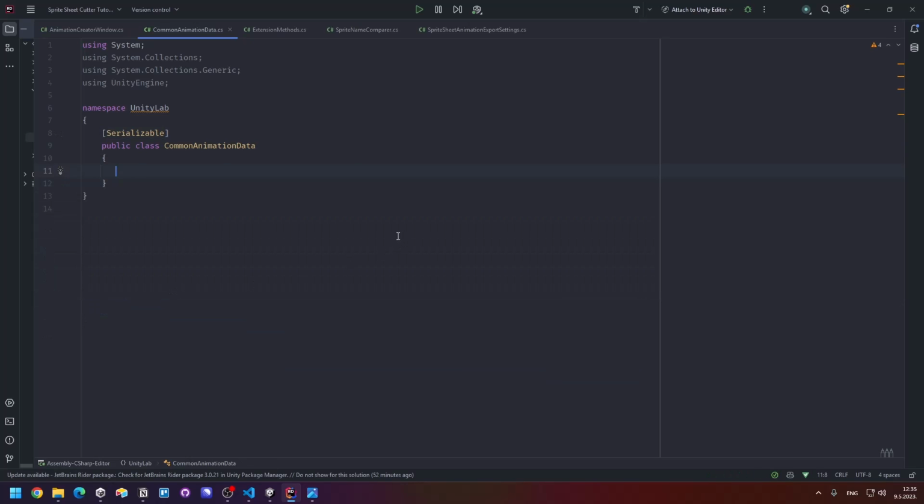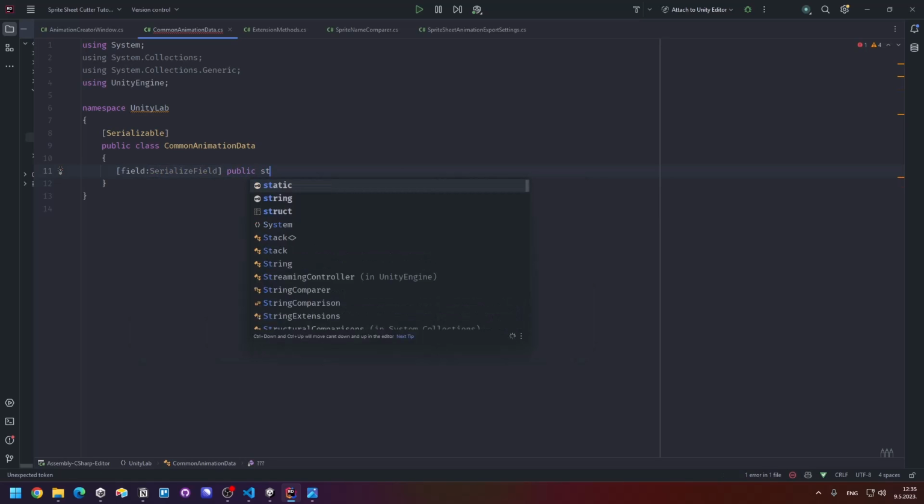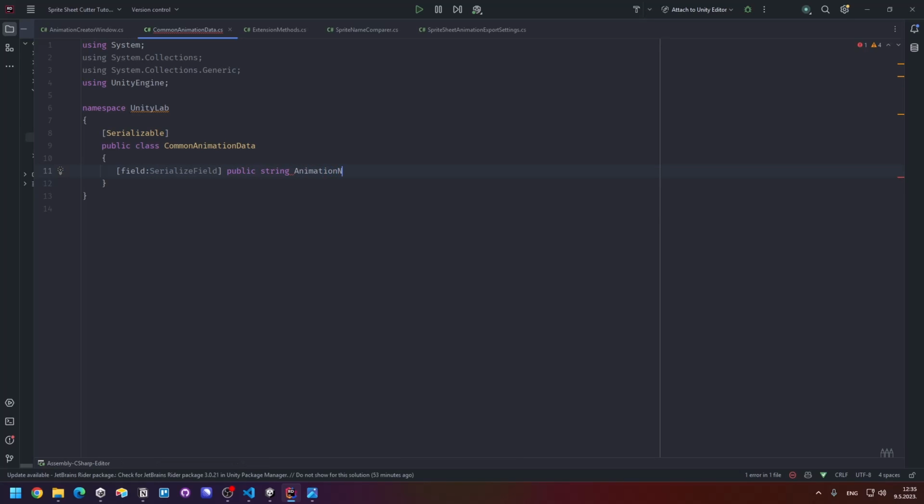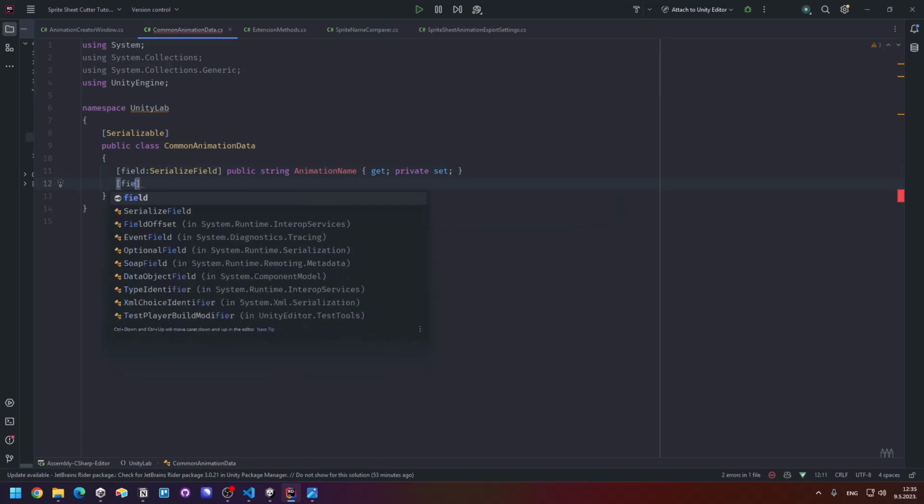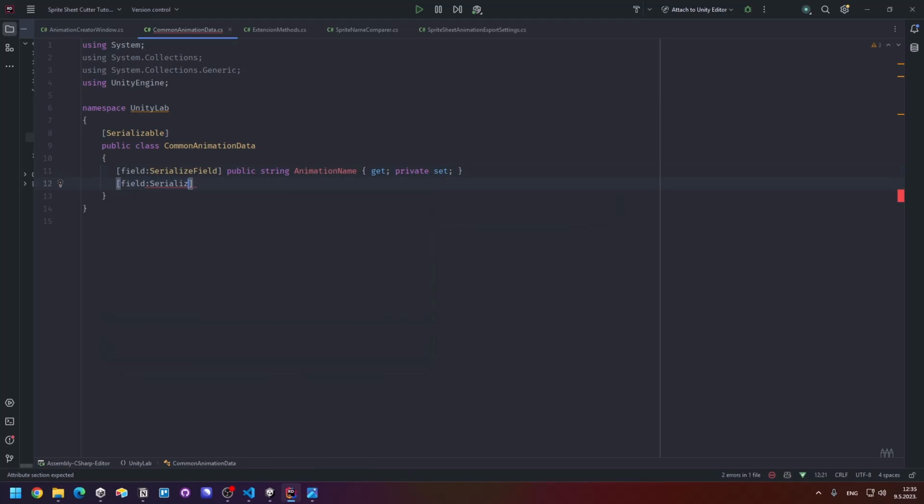And of course, we're going to have the field serialize field. I'm never going to learn how to write this. Serialize field public string animation name. It's going to be get private set, field serialize field